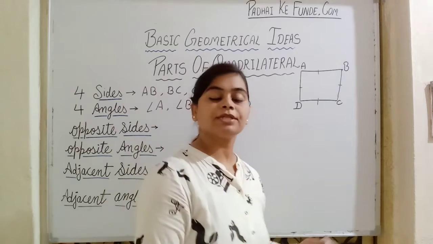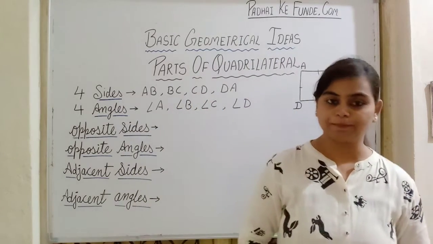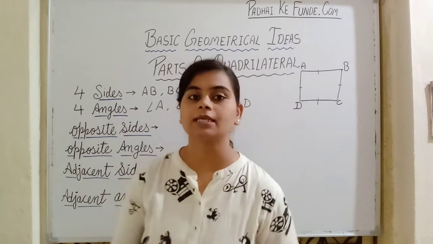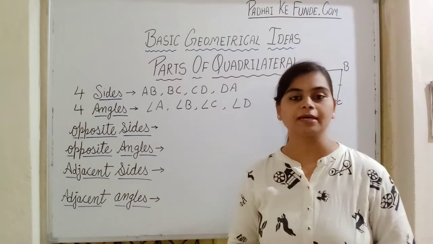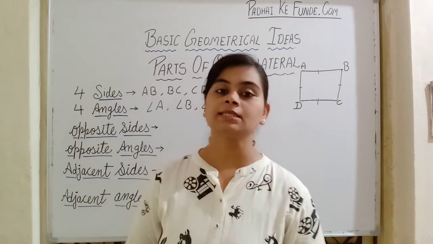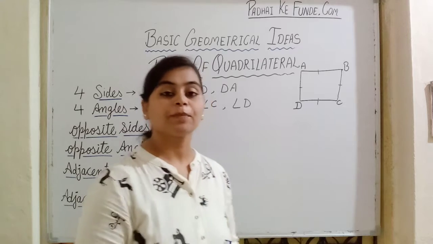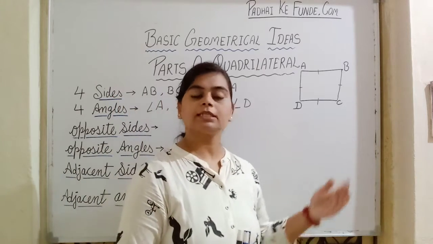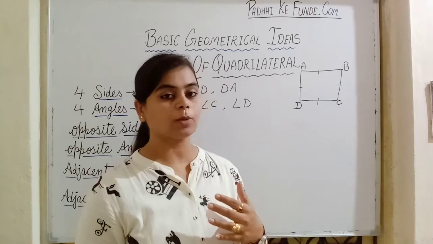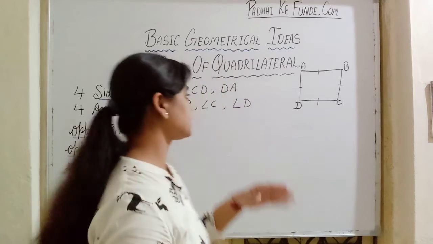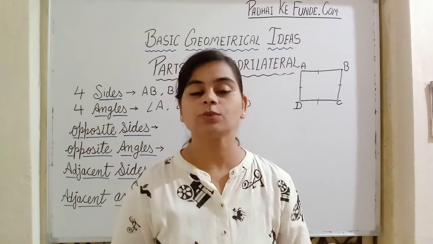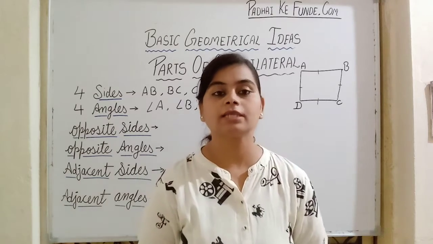Now, the sides of the quadrilateral have some relation in them. Also the angles. That is, either some sides are opposite to each other or some are adjacent to each other. How to find out the pairs of opposite sides and opposite angles, that we will see first. As the word opposite tells us, completely different, meaning nothing common in them. So the lines in which nothing is common will be the opposite sides. As you can see here in the picture, the sides which are just in front of each other are called opposite sides.